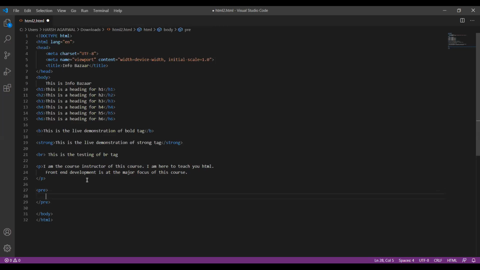The pre-formatting text solves the poem problem. What is the poem problem? The poem problem is that the HTML ignores spaces and next lines. So white spaces and next lines are not ignored in the pre-formatting text. For an example, I am writing